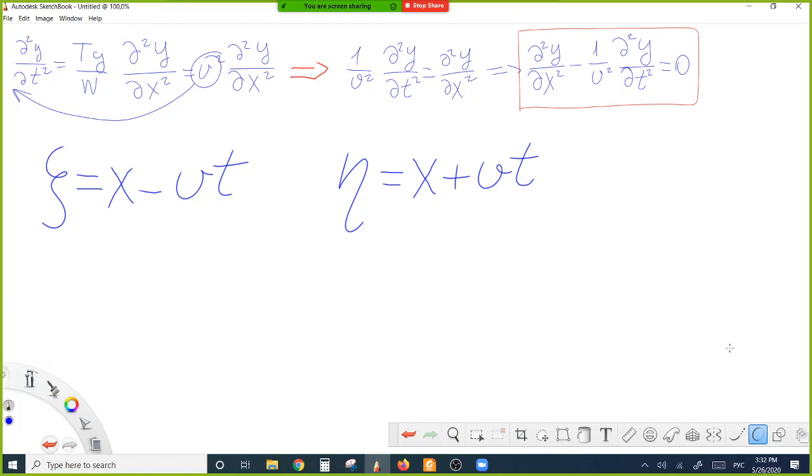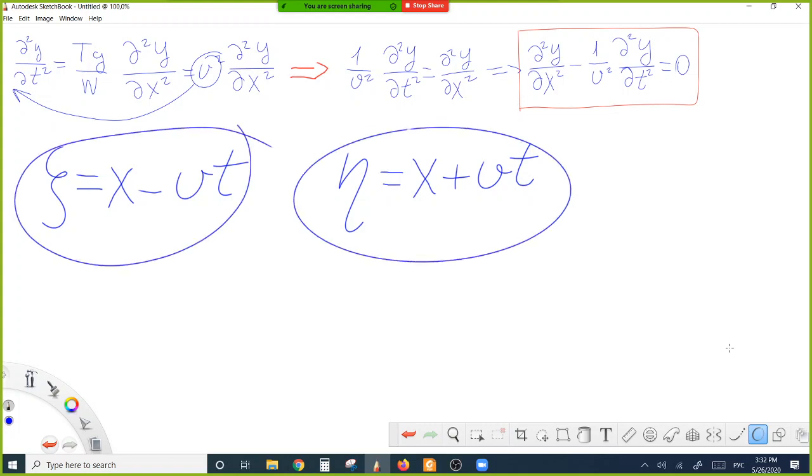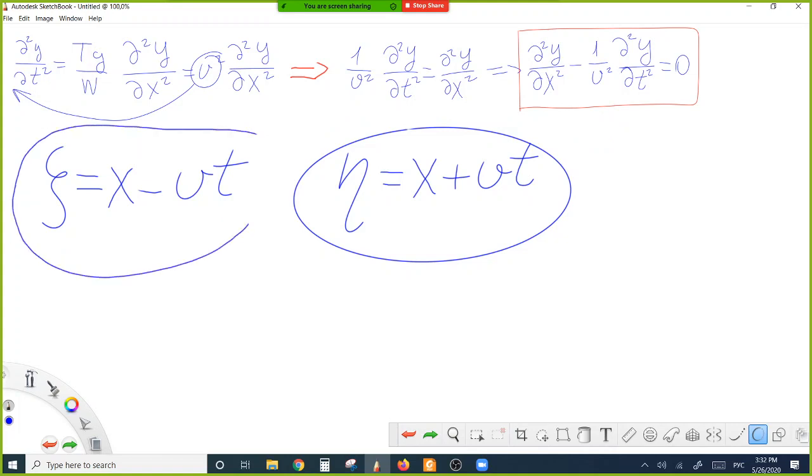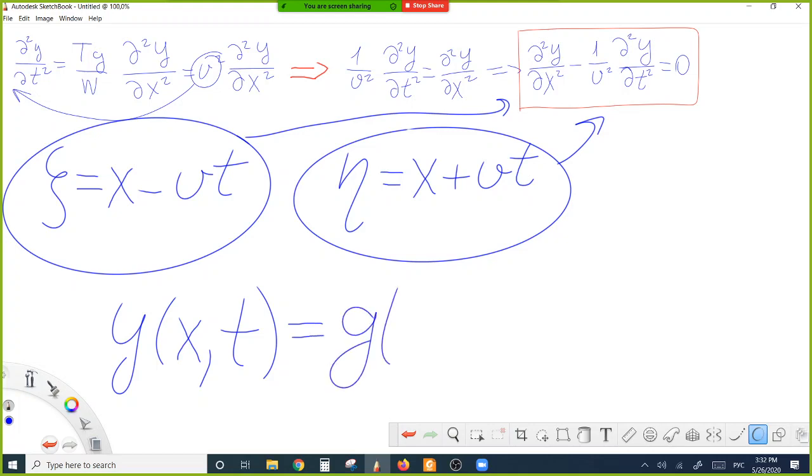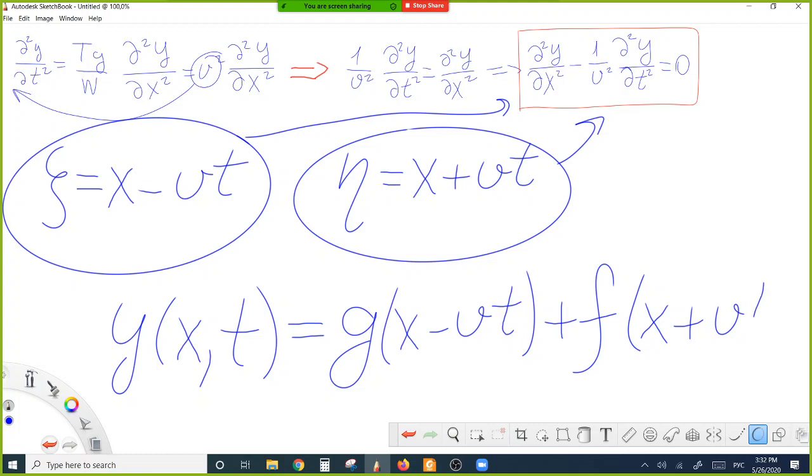If we substitute these two variables in our equation and solve it, we will get a general solution y, which depends on x and t, equal to the sum of functions g of x minus vt plus function f of x plus vt,